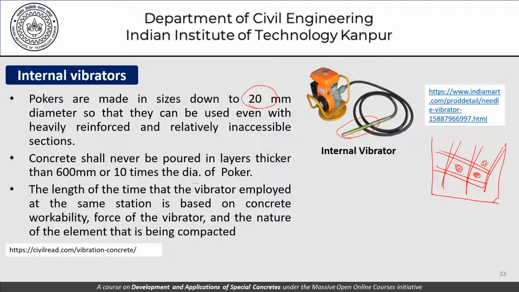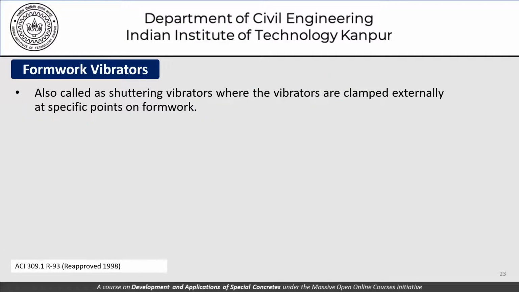When it comes to form vibrators, which is a slightly different form of vibrators, these are shuttering vibrators. That is, we do not vibrate the concrete directly, but rather vibrate the shuttering. So if this is my shuttering plate, concrete is there on one side. Instead of putting a poker vibrator or an internal vibrator here, we'll not do that. Instead, we will fix a vibrator on the shuttering plate and vibrate this. And this vibration transmitted into the concrete will result in